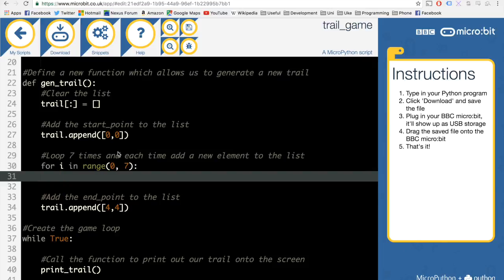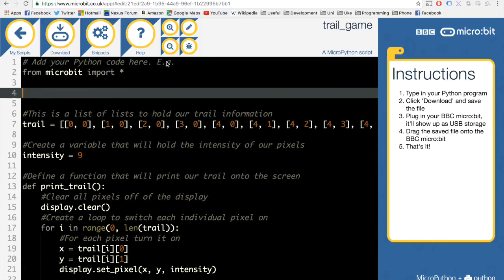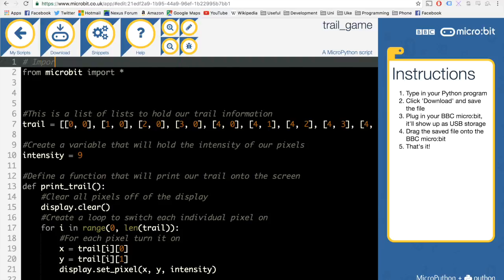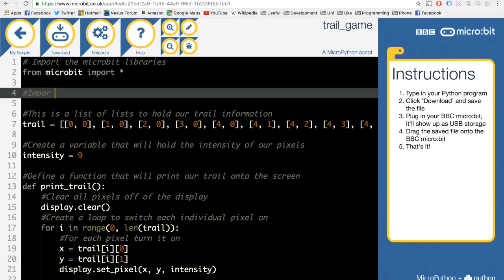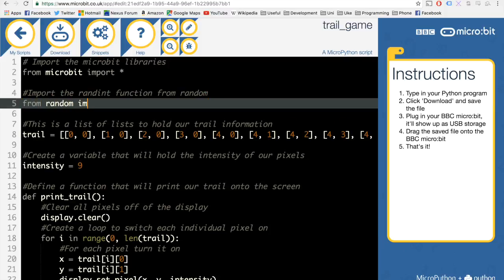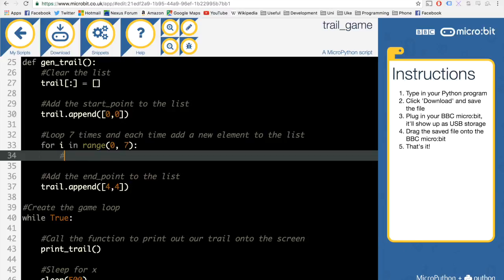create a random integer. The way we're going to do that is we need to come up here, let's get rid of this and let's just say import the Microbit libraries. And then we need to now import the random int function from random. So we're going to say from random import randint. Okay, and this is actually a function which is going to generate a random int for us. And the way that that works is we're going to generate a new integer